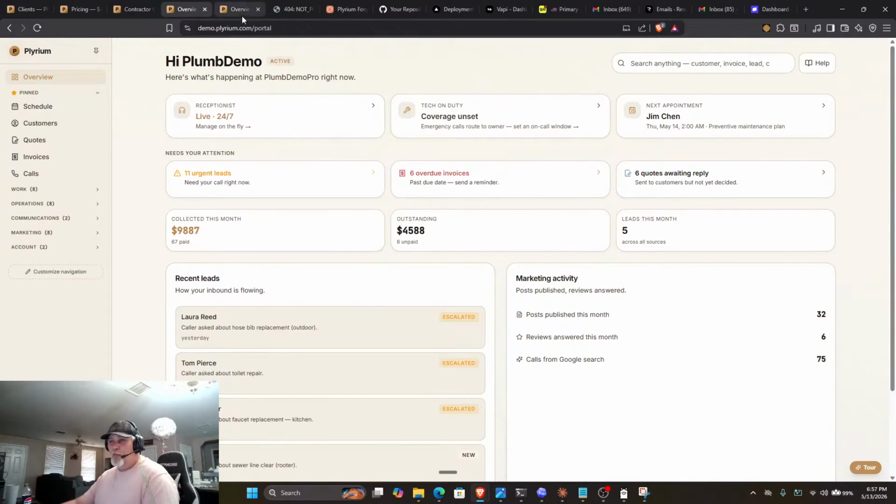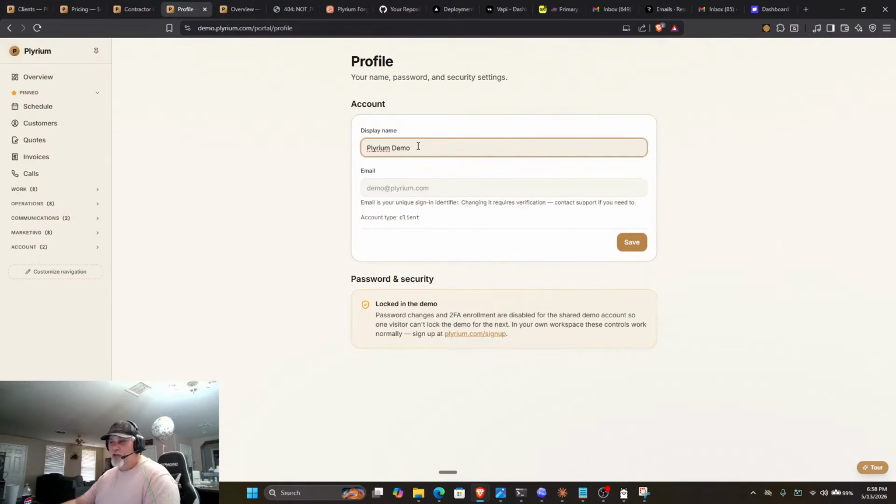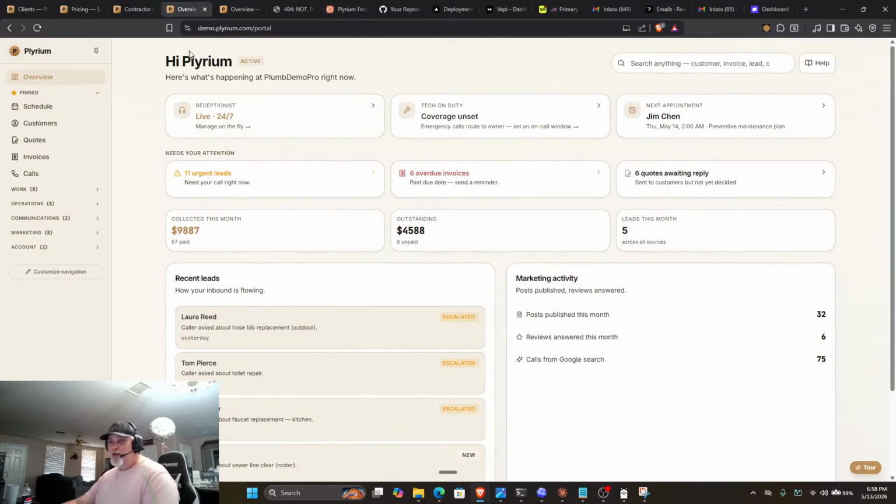So my portal here, my demo, I forgot to lock down the profile, and people would come in here and change the name. Let's do plum demo. Right here: couldn't be saved, update failed. That's what it's supposed to do, but it wasn't doing that, and people were saving it. So when you come in here, it'll be some nice, colorful words up there. It was fun. Very entertaining.